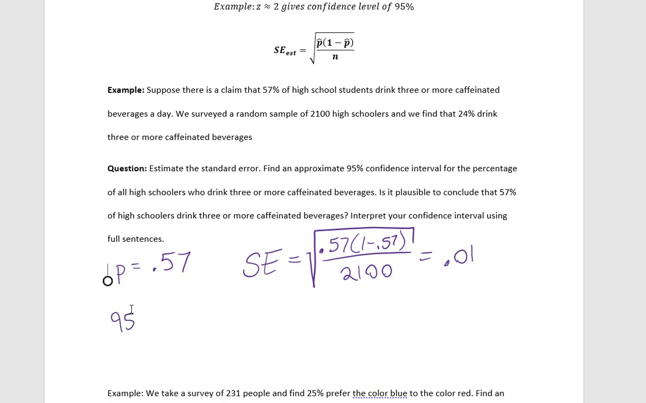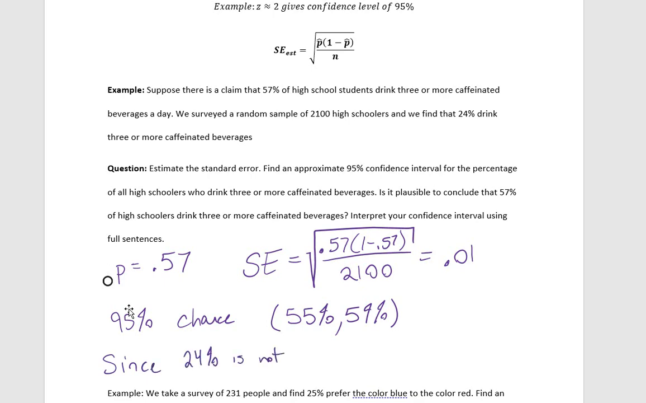So what that means is that there's a 95% chance that we would take our survey and see between 55% to 59%. Now, what this means is 2 things. Since 24% is not on this interval,